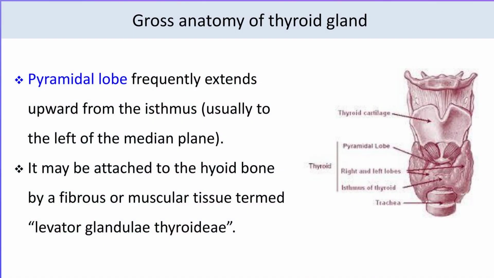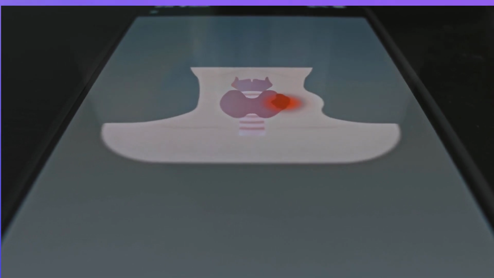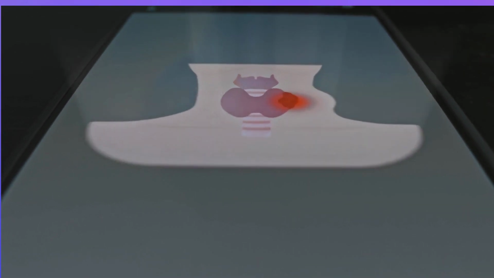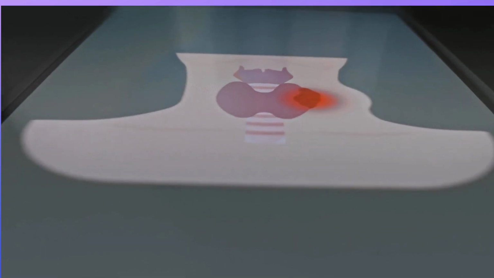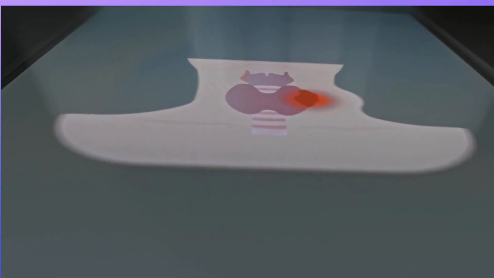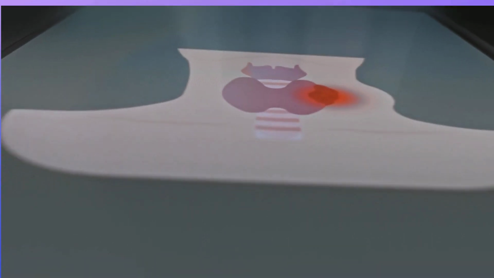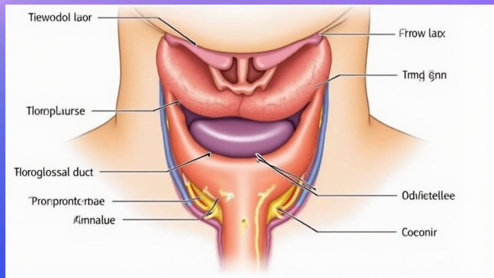An interesting anatomical variation often observed is the pyramidal lobe. This is an upward extension, usually from the isthmus, but it can also arise from either lobe. It represents a remnant of the thyroglossal duct, which we will discuss later in development. The pyramidal lobe can extend superiorly, sometimes reaching the hyoid bone, to which it may be attached by a fibrous or muscular band. Its presence and exact location are important for surgeons to note during thyroidectomies to ensure complete removal